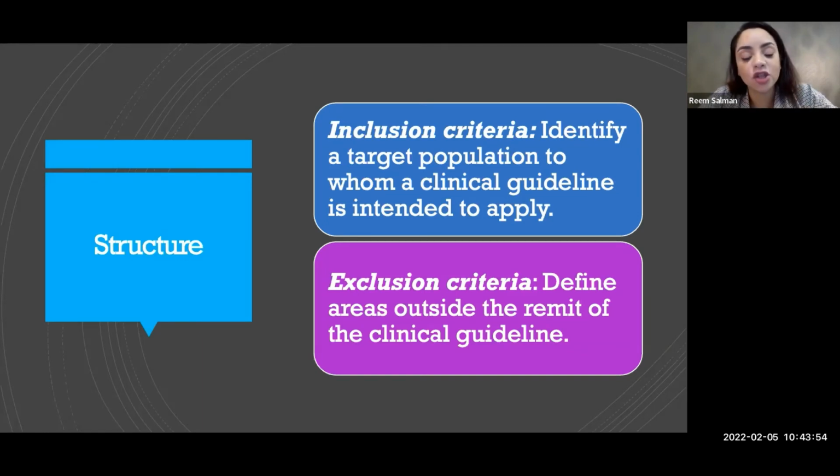Now, inclusion and exclusion criteria. So after you've actually decided this is my population, okay, I am going to audit 100 patients, let's say, or I am going to audit over this period of time. Now, because I specified children under 12 years old and using co-amoxiclav, this is my inclusion criteria. So children under 12 years old and using co-amoxiclav. I'm not going to look at any other antibiotics. I'm just looking at co-amoxiclav, all right? And then exclusion criteria, I'm going to exclude all children above the age of 12, okay?